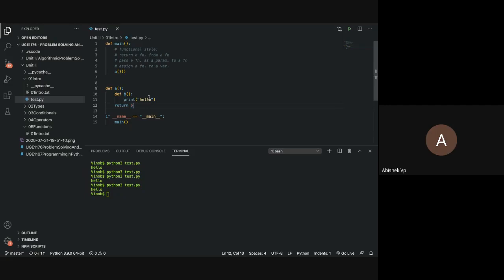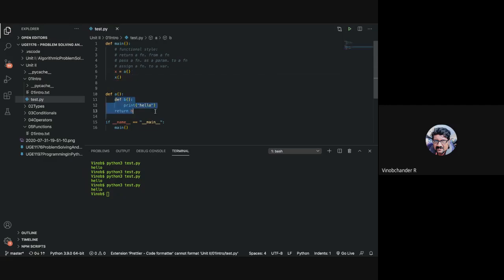The second method I understood. The first method was X equal to A, and then calling X. Can you just repeat that part, sir? I still didn't get it. It is the same, no? And then you call. So this time B is getting executed. Okay, sir.